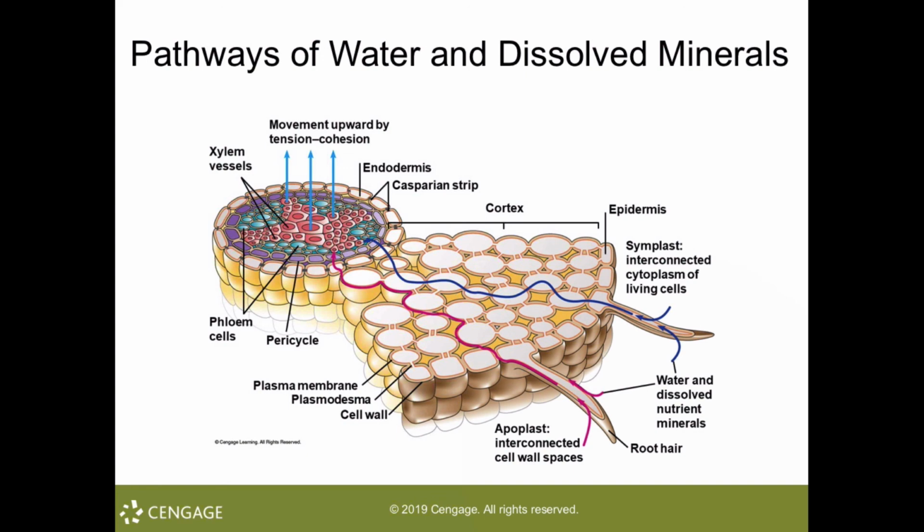So until the endodermis is reached, most of the water and dissolved minerals have to travel along the apoplast, therefore have not passed through a plasma membrane or entered the cytoplasm of a root cell. However, the waterproof Casparian strip on the radial and transverse walls of the endodermal cells prevents water and minerals from continuing to move passively along the cell walls. For substances to move farther into the root interior, they must move from the cell walls into the cytoplasm of the endodermal cells. So water enters by osmosis, both directly across the lipid bilayer of the endodermal plasma membrane and